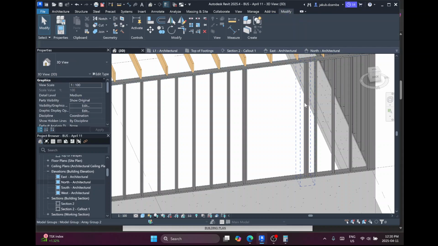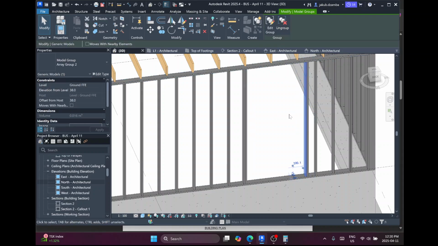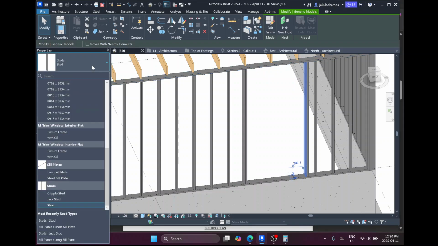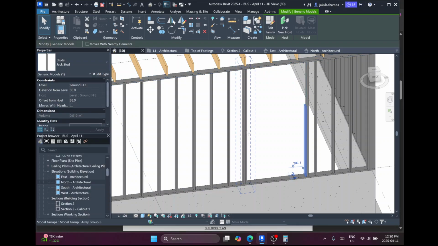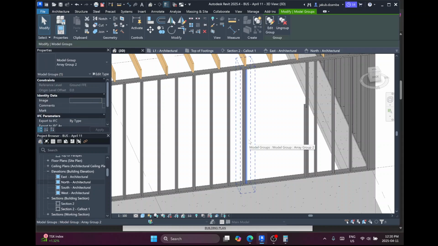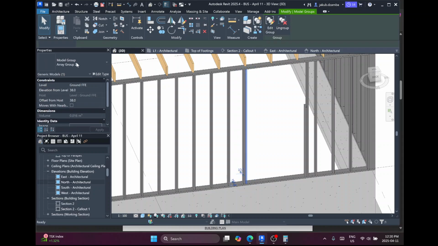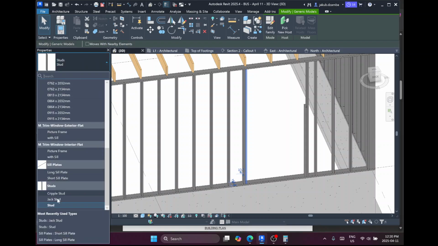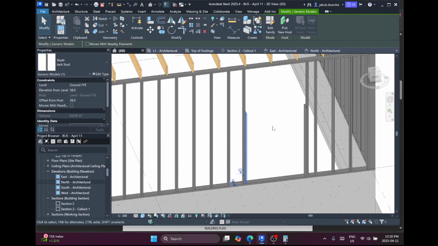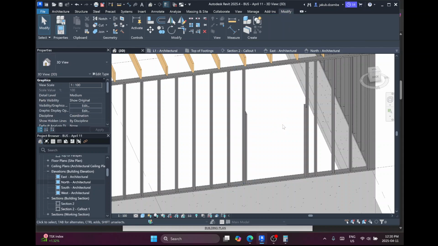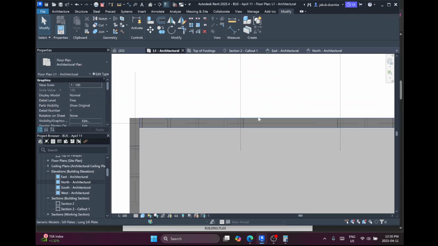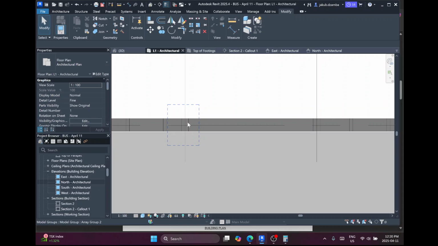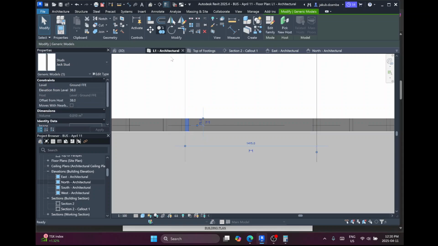Maybe it's because it's in an array still. So let me click that, ungroup, stud, jack stud. Bang. This guy, ungroup, stud, jack stud. So I have my jack studs. Now I need to position some cripple studs underneath, probably at 400 on center as well. So maybe what I'll do is I'll simply grab this guy, copy,